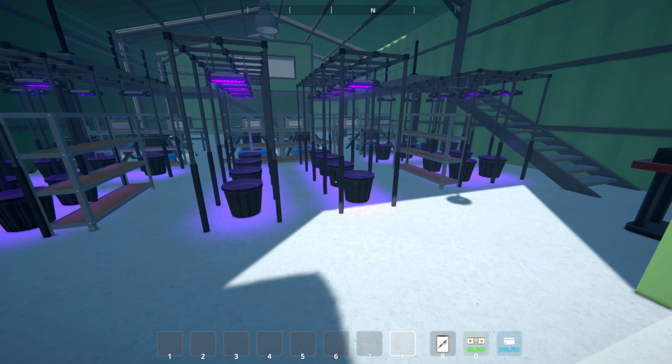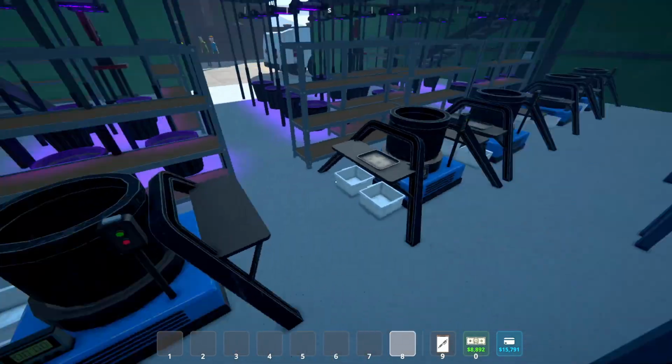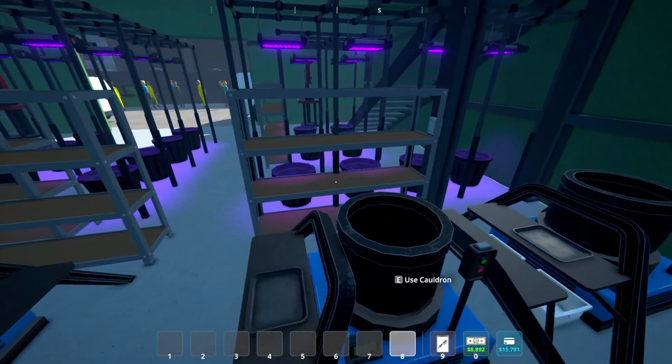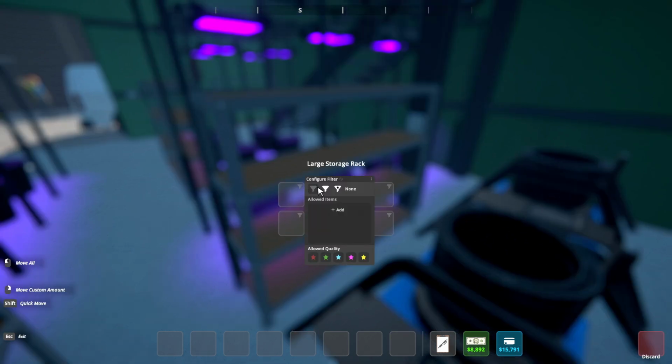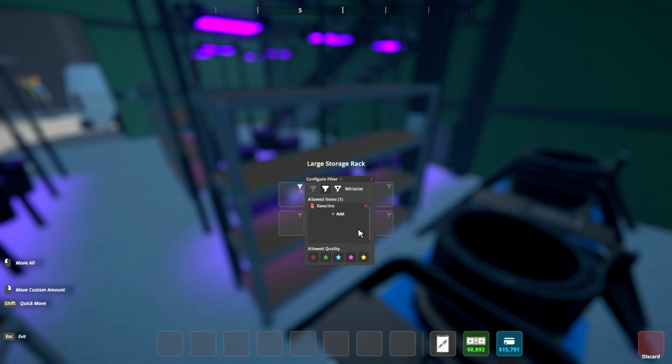Once you're done with the 3 botanist shelves, you gotta come to the back of the room and you have 4 shelves to do for the gasoline for the cauldrons. There's 1 right here, 2 right here, and another 1 right here. To get started, press E to access storage, click the filter, click whitelist, click add, and then scroll down until you find gasoline. Once you've selected gasoline, go up here and click these 3 dots right here, and then click